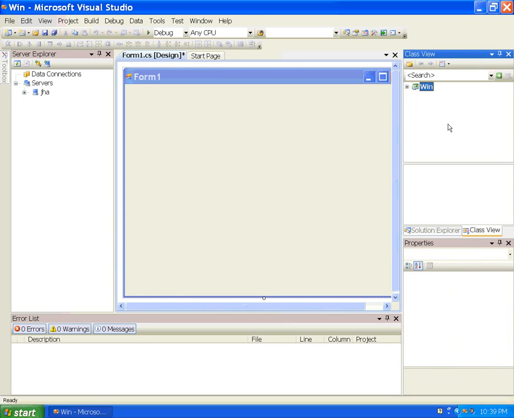This is the Class View window. The Class View window contains a hierarchy tree view representing the project at the top level node and displaying the classes, methods and properties associated with a particular project. It helps to find the members of a class that you want to work with.